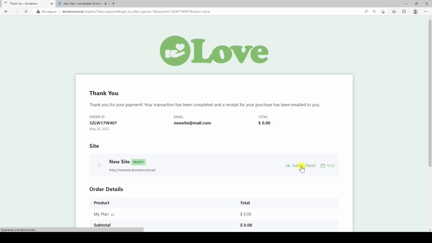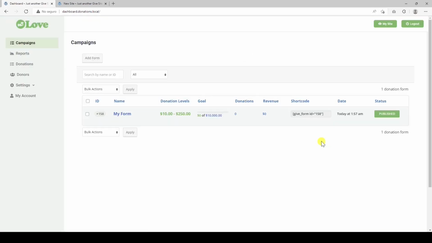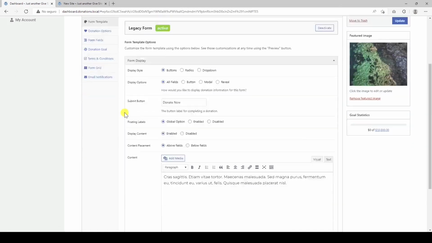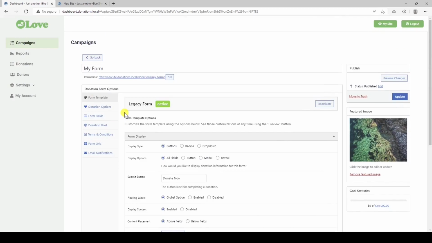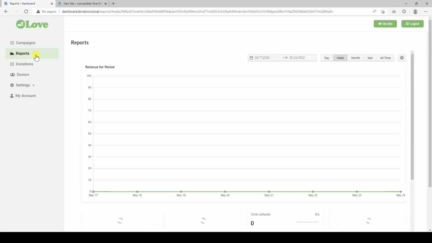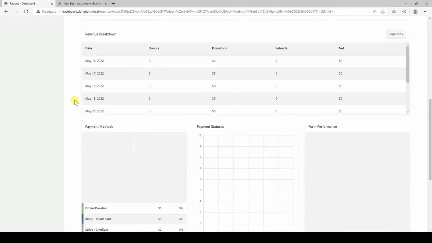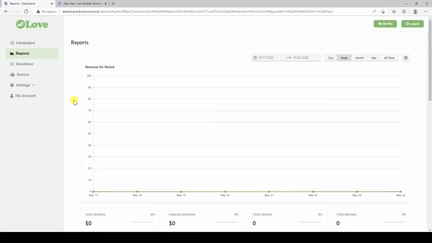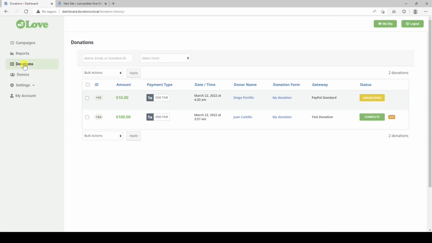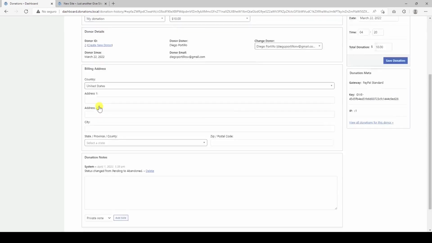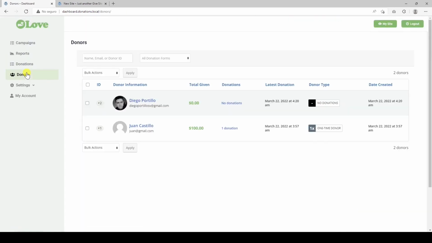Normally, users would view the WP admin dashboard, but in our platform, they will be automatically redirected to the global Frontend dashboard. Users will be able to create and edit donation forms. This is what the Add or Edit Form page will look like. They will also be able to view donation reports, view and manage donations, view and manage donor profiles,